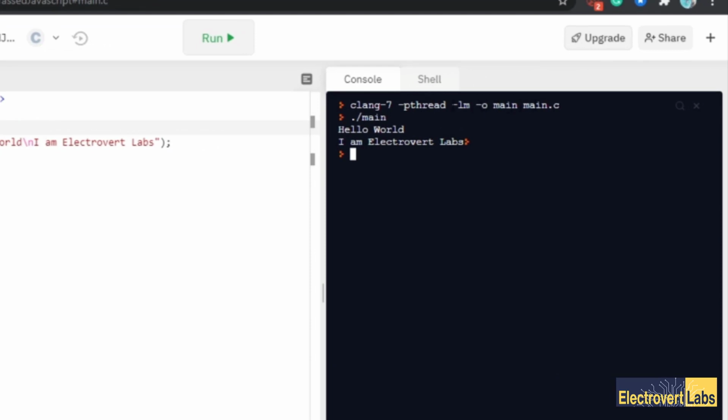So let's copy this particular thing. We can't copy it directly, so we right click here, copy it, then paste it here. Now it is saved as main, and when we click on run, this particular thing happens automatically. They have coded it such that they will run the main file for us.